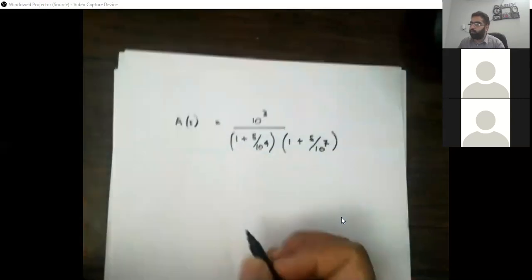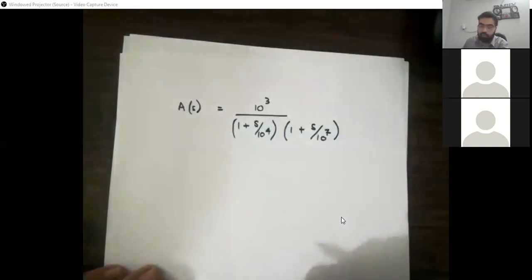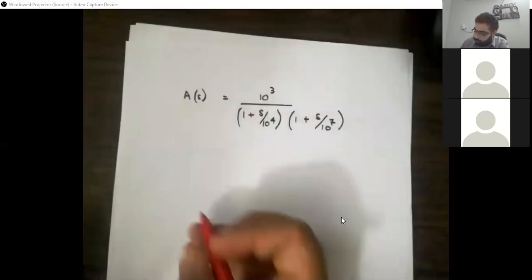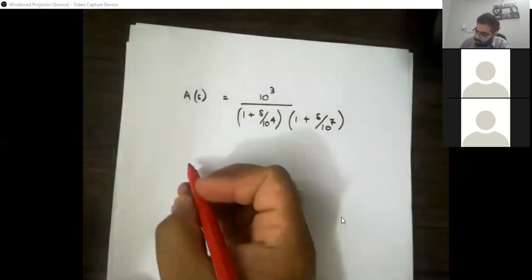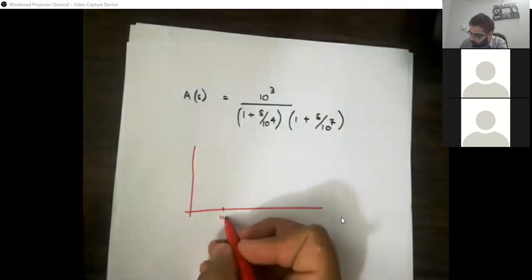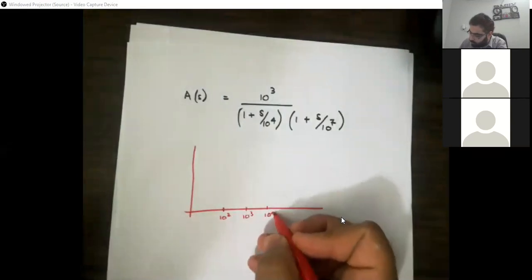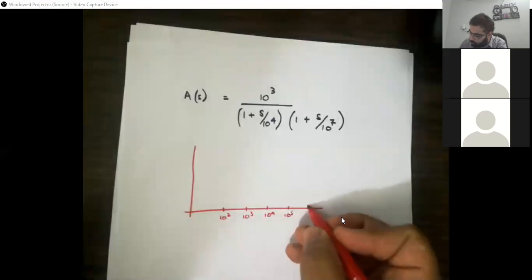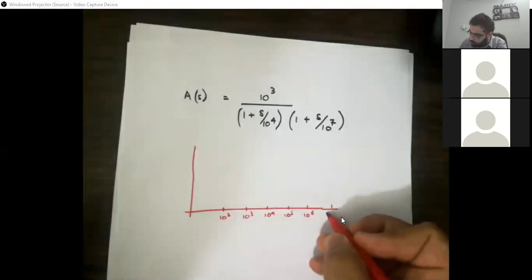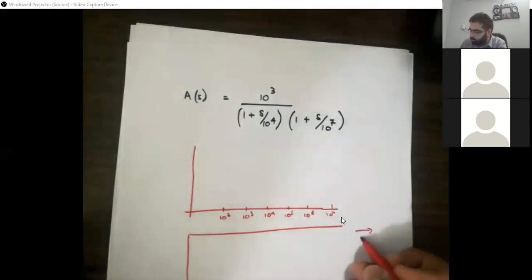ठीक है, ये अब आपके पास क्वेश्चन था, and you need to find the Bode plot for this one. First, the Bode plot was pretty much straightforward, so all of you were able to do that. So if we just want to quickly do the Bode plot again, so it's 10 raised to the power, I'll just do 2, 3, 4, 5, 6, 7. Similarly, this is for the phase.